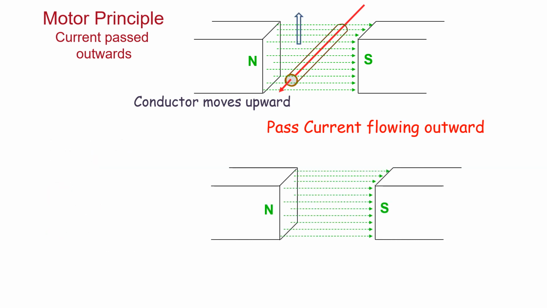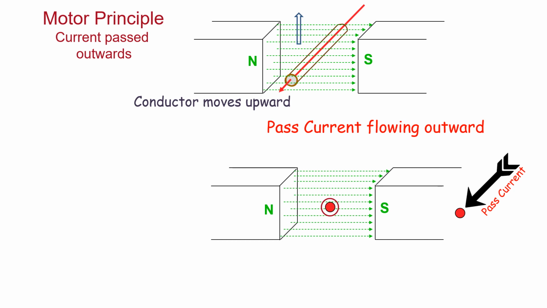We will understand the same concept with the help of another figure. Place a conductor in the magnetic field which is oriented towards right. We are now showing the cross section of the conductor. Pass current through this conductor outward. This outward current, if you indicate by an arrow coming outwards, the tip of the arrow indicated by a dot, the dot indicates the current coming out in the conductor.